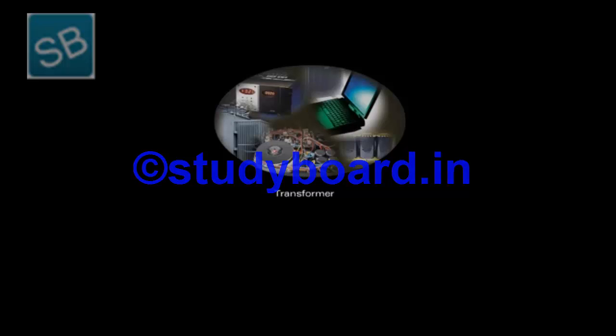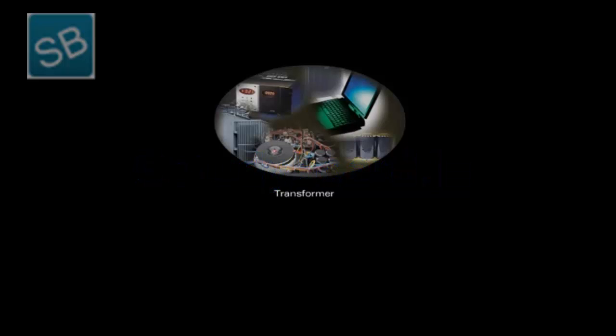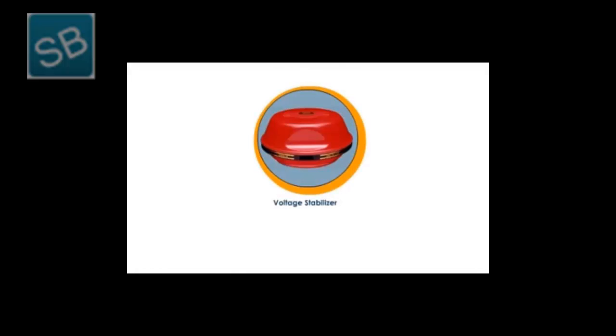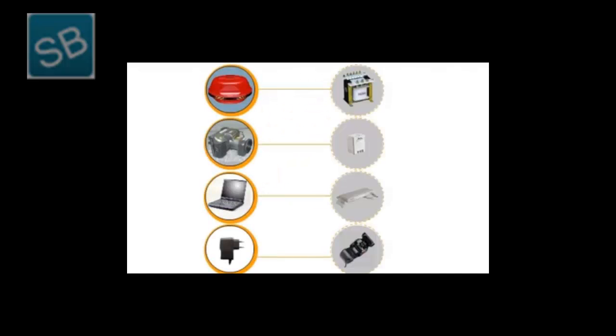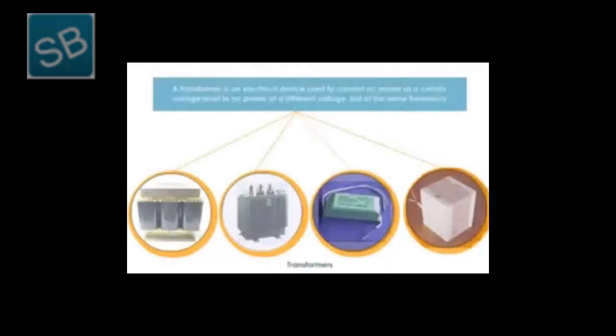Let's start the last topic of this chapter, that is transformer. So first of all we will see in how many devices a transformer is used. These electrical devices, voltage stabilizer, digital camera, laptop and mobile charger, all contain a transformer. You can clearly see from this animation, all are having a transformer in them, and it is defined as